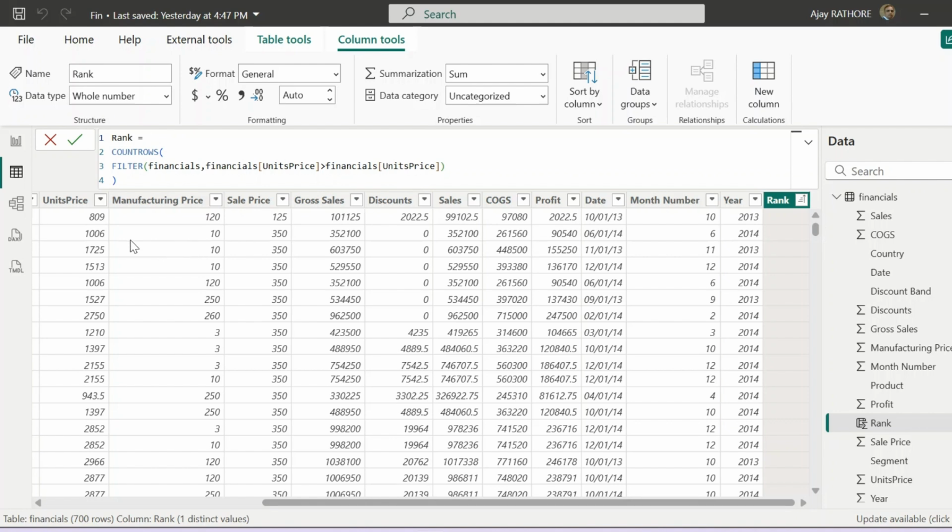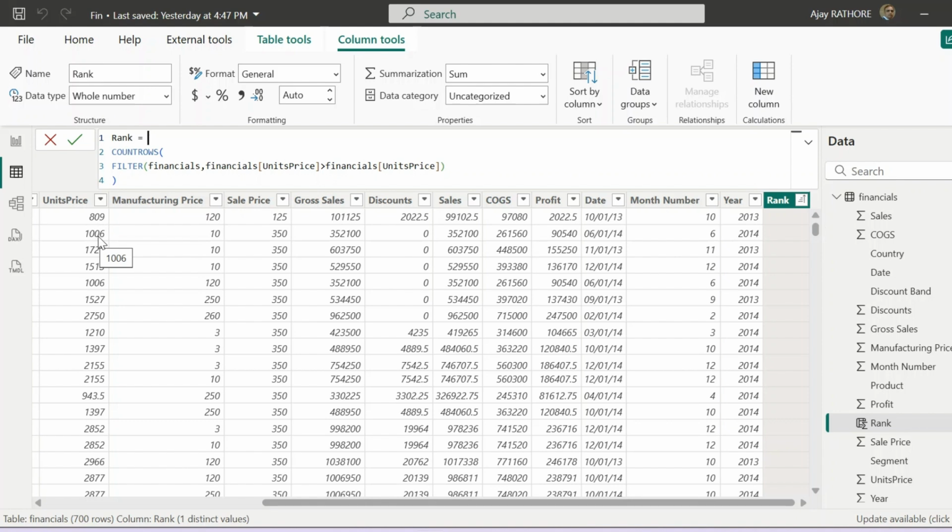What is the outer row context? First we take row 1, which should be 809 here. Then it will compare against all the records in this inner row context. 809 is the current product, and it will check how many products are higher than 809.